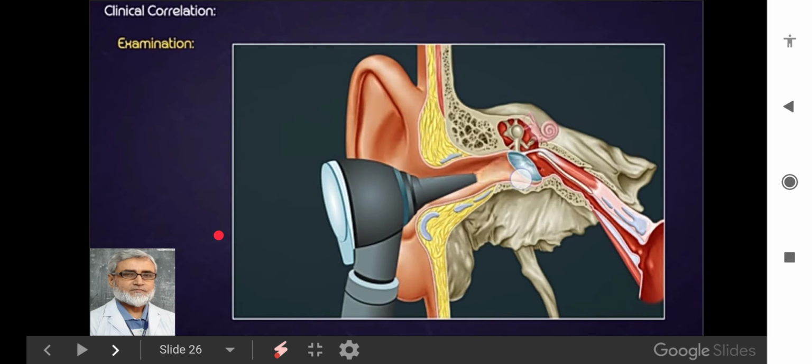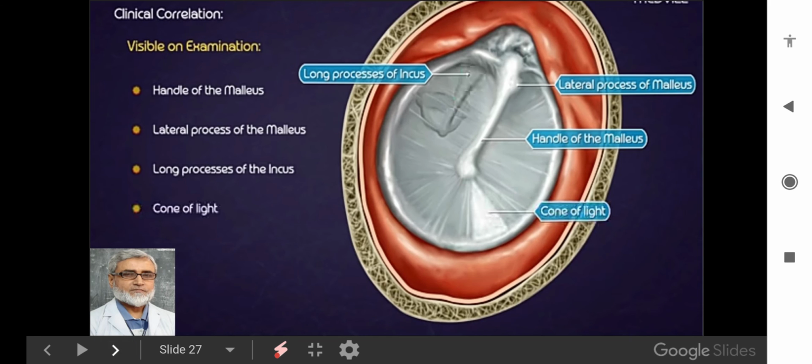So a foreign body very easily enters and lodges here, and it has to be extracted from this part. Extraction of wax is the major problem and the maximum cause of pain in the ear, or otalgia, especially in children. It is nothing but wax. So we can examine the tympanic membrane or inner area of the external ear with the help of this instrument.